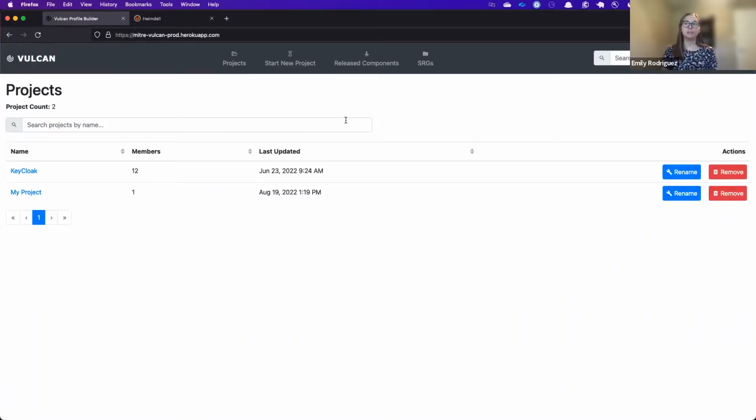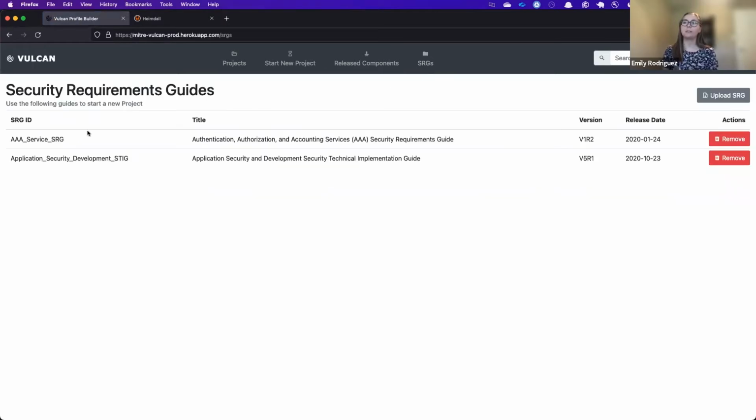So here's a look at Vulkan and what the user interface originally brings you to. We have several projects that can be created, and these are based off of some sort of general guidance like an SRG. So in this case, we have loaded in a couple different guidance documents that are taken from DISA itself, and we can use these to create new projects that use this guidance and develop real technical implementation guidance